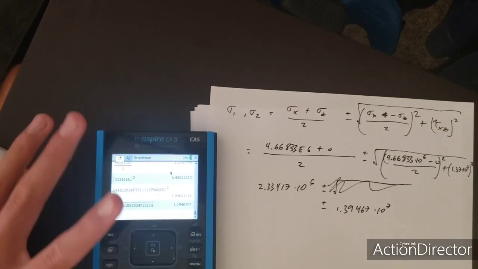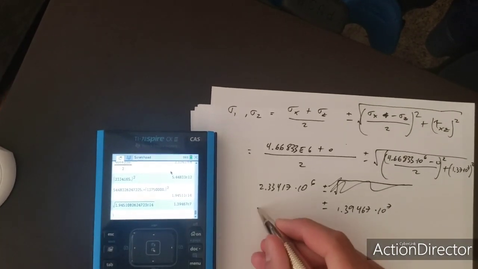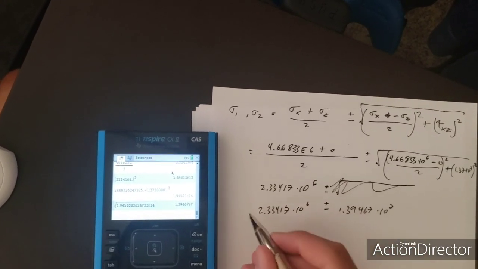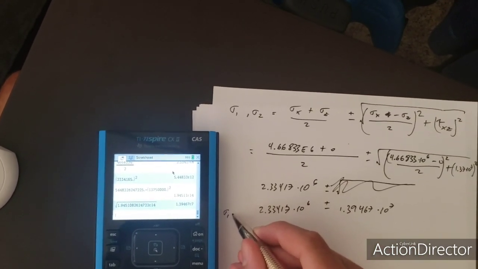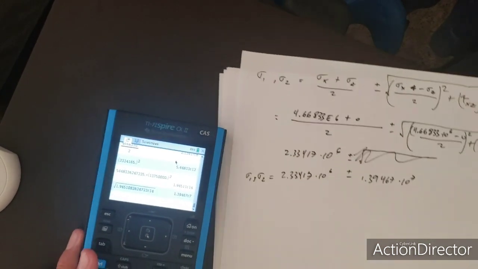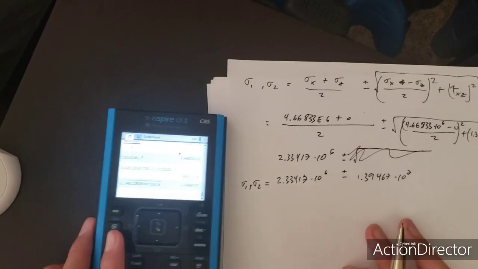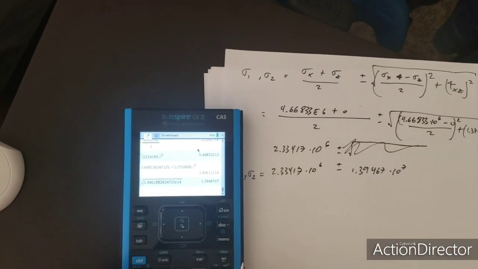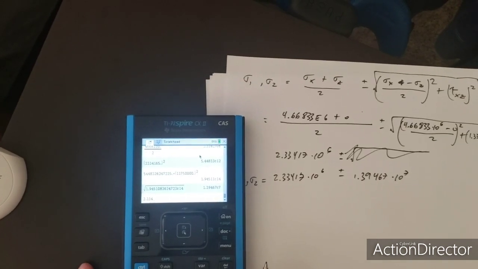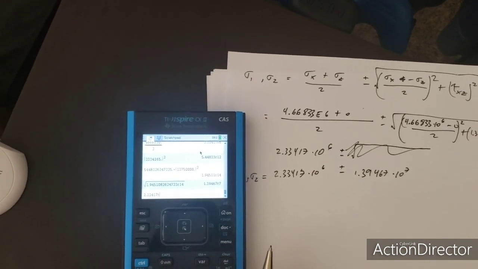Yep, I get the same answer, just confirming. So, 2.33417 times 10 to the 6, sigma 1, comma sigma 2. Sigma 1 will be the largest, sigma 2 will be the least. And what happens when I do that? 2.33417 times 10 to the 6